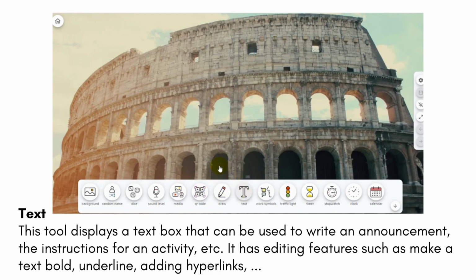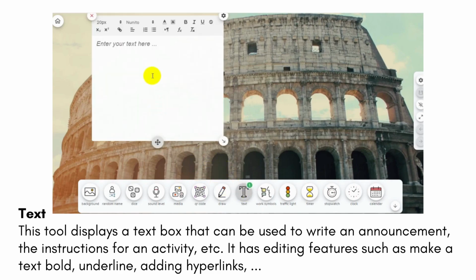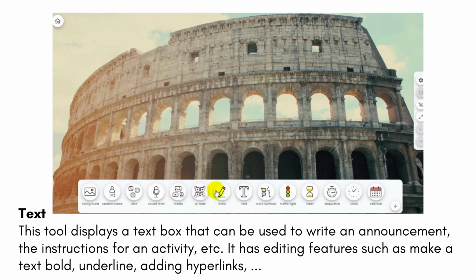Text. This tool displays a text box that can be used to write an announcement, the instructions for an activity, etc. It has editing features such as make a text bold, underline, adding hyperlinks,